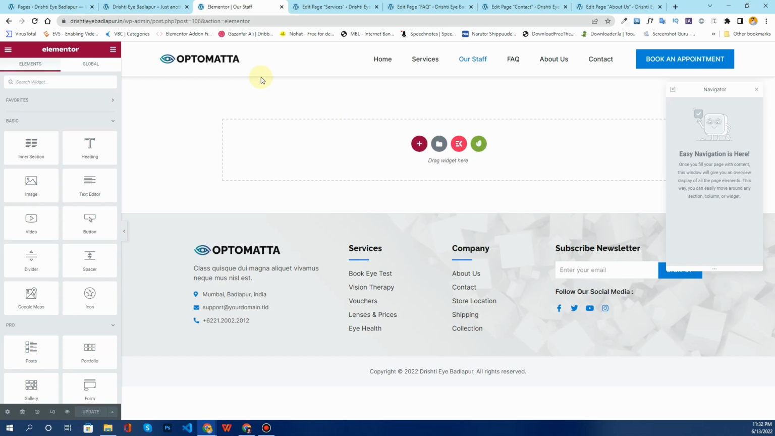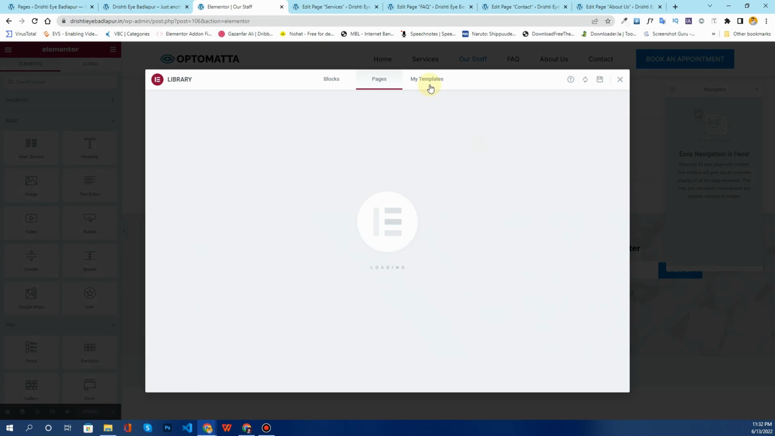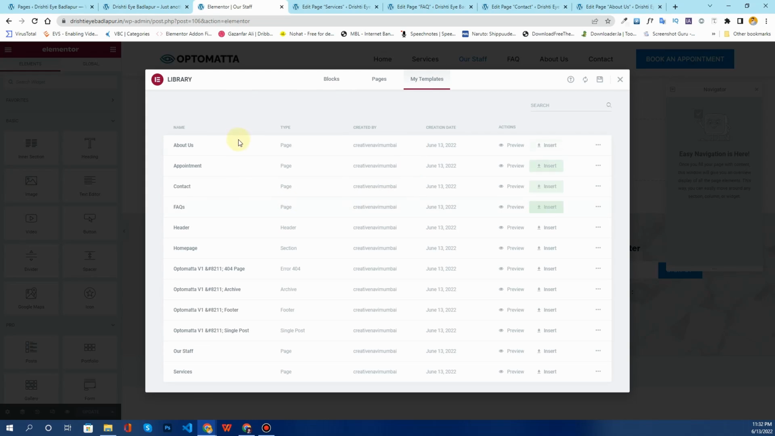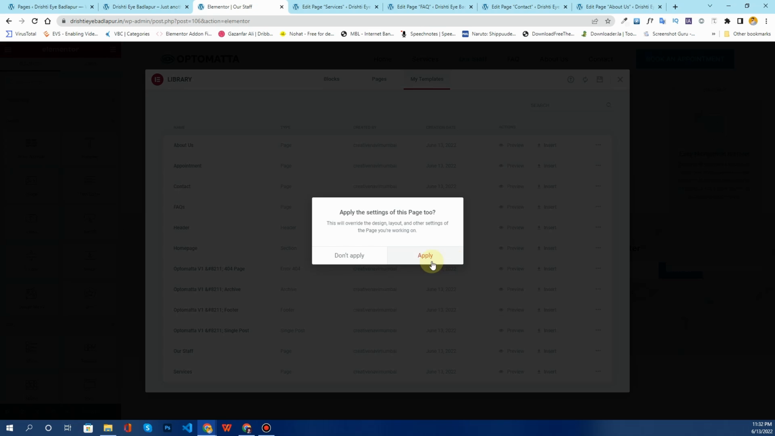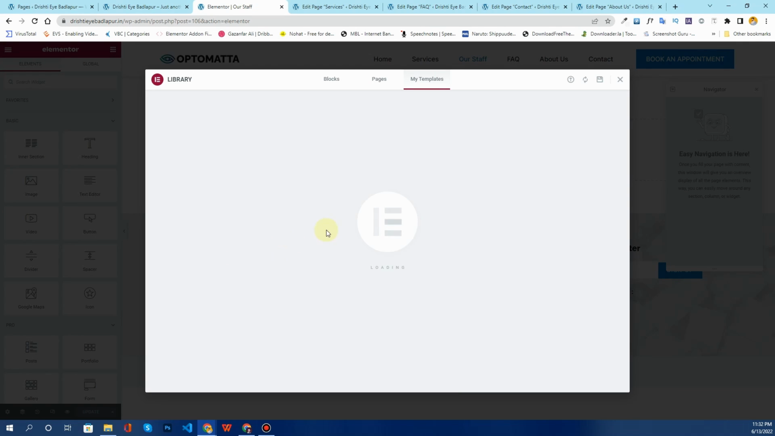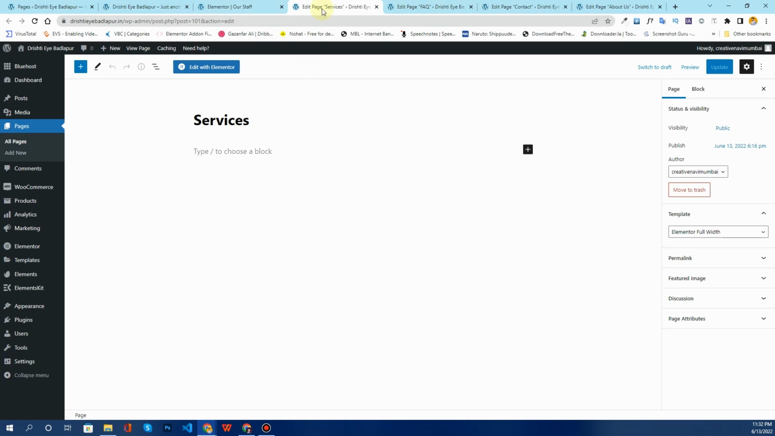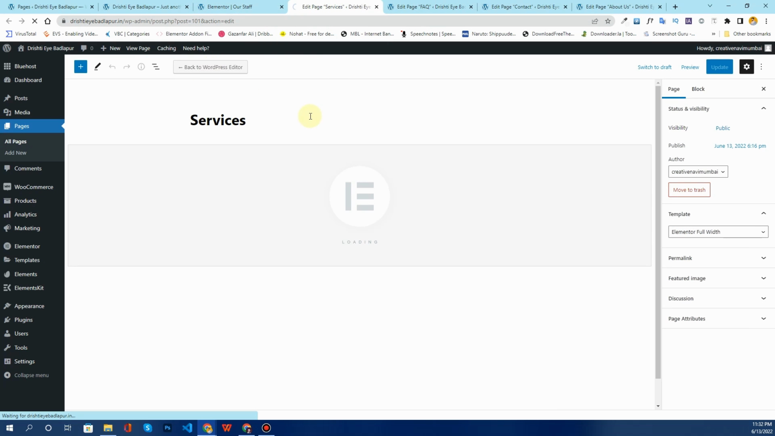So for this one, we want to import our staff. So I once again click on this folder icon, and then I'll click on my templates, and then from here I'll have to choose our staff, and I'll click on insert, and then I'll click on apply. Since this is loading in, what I can do is go to the services page, and I can click on edit with Elementor here,